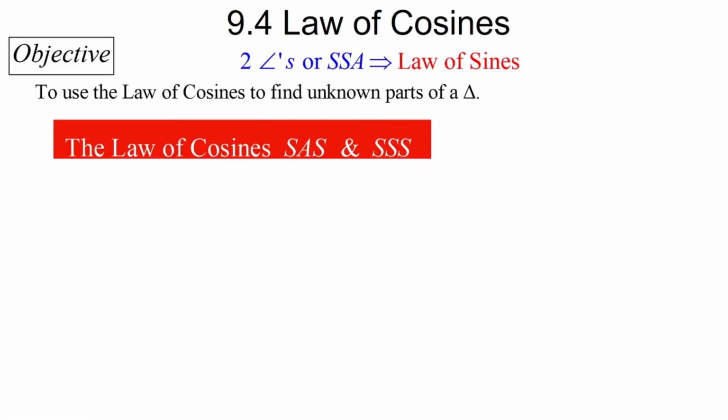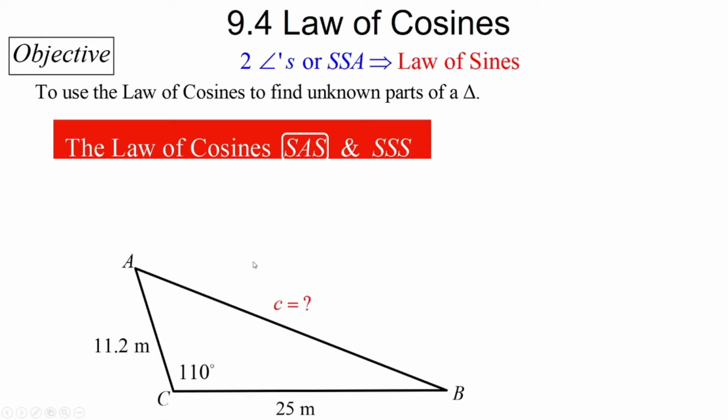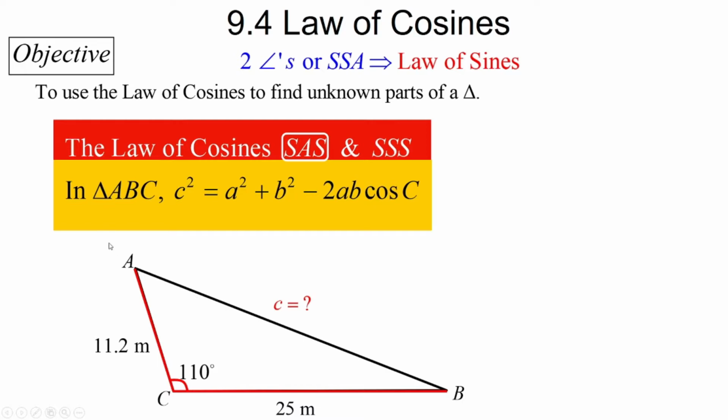All right. So let's take a look at a triangle where you are given side-angle-side. That triangle right there. So you see side-angle-side, 11.2 is adjacent to the included angle, 110 degrees, and 25 is also adjacent to that included angle. So this is side-angle-side from geometry. And if I'm asked to find this C right here, I'm going to use the Law of Cosines. Side-angle-side, highlighted. So in triangle ABC, c squared equals a squared plus b squared minus 2ab cosine of